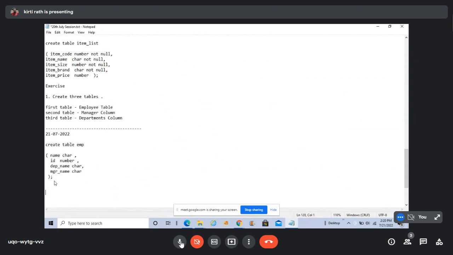So how you insert is again a DML statement: insert into employee, insert into table name. Here it is employee. Basically there are two ways to insert. First, you can assign a particular value to a particular column, and otherwise you can fill up the whole table, that is all the columns. So there are four columns here, I'll just say values,